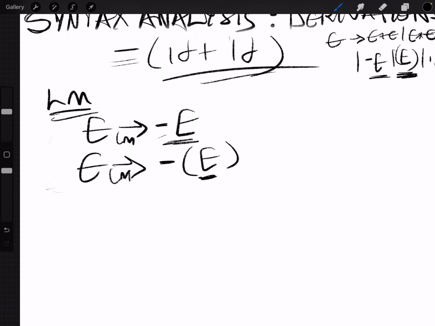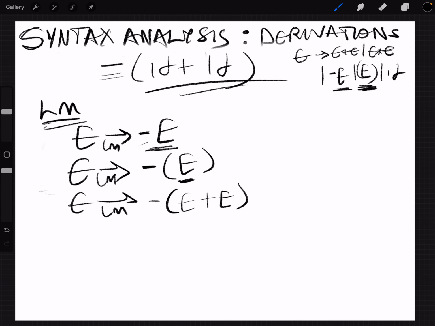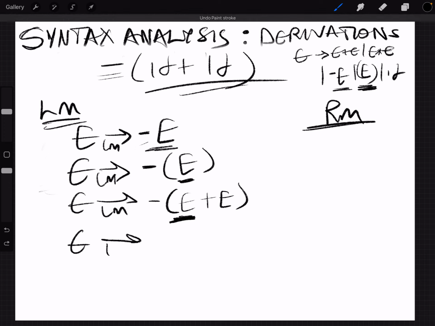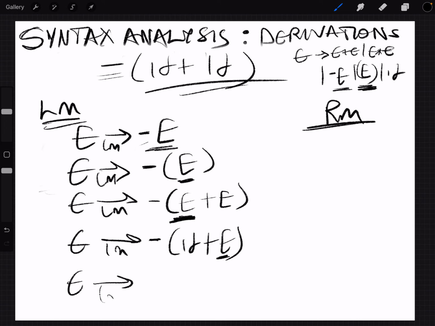So what do we do? We go one step further with the leftmost derivation, and we have e plus e. This is where the difference between the rightmost and the leftmost become very, very clear. What is on the leftmost side? This guy is on the leftmost side, not this one. So we are going to have to take that one down first. No, we have to replace it first. Then leftmost derivation minus id, there's a parenthesis, then e. Now the only leftmost non-terminal is this guy, so we go further leftmost minus id plus id, and we have